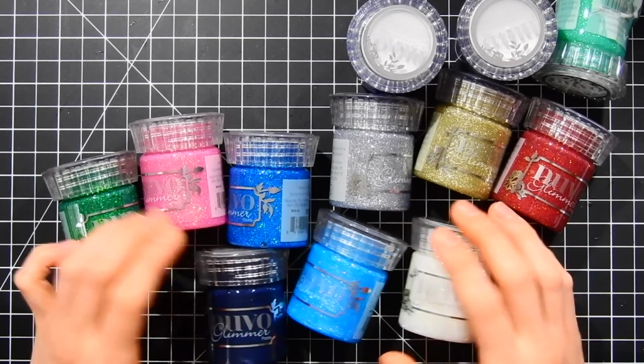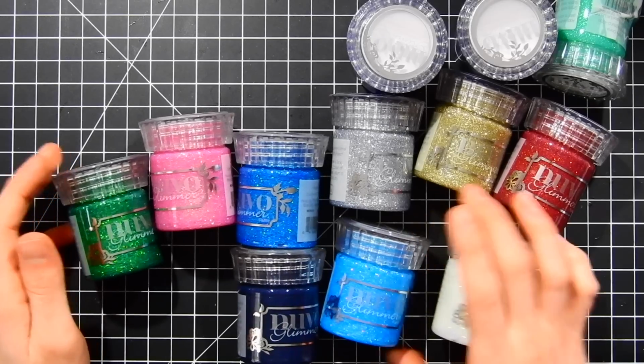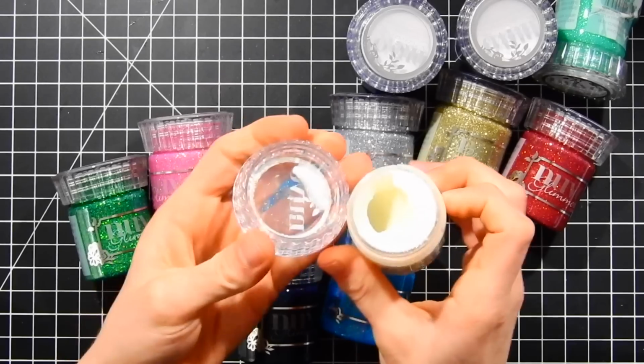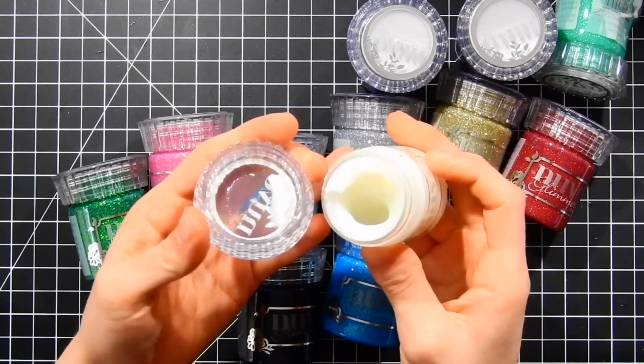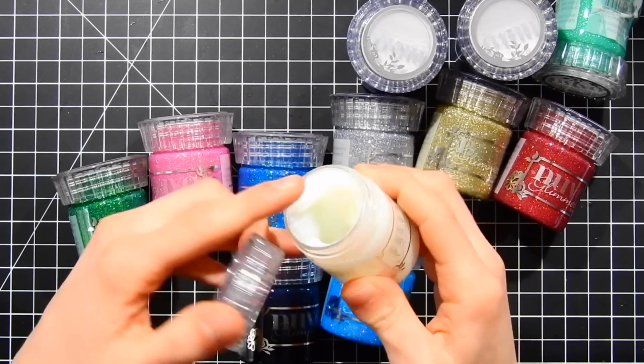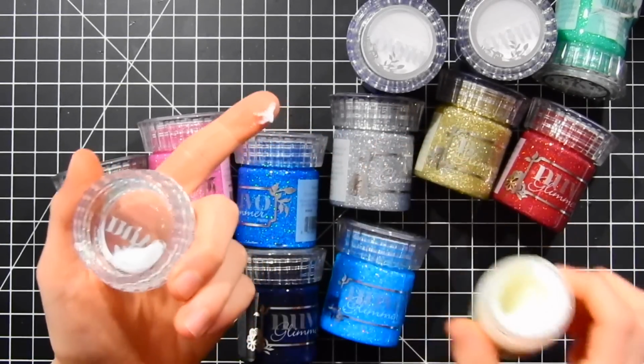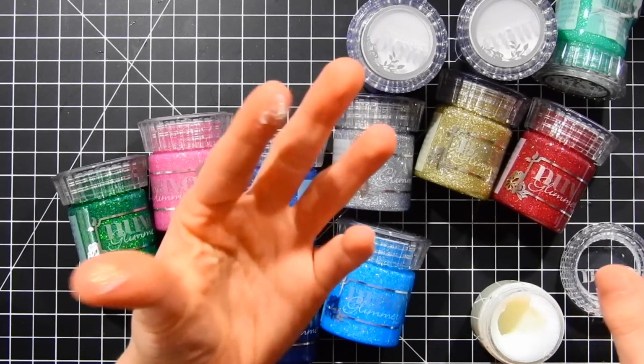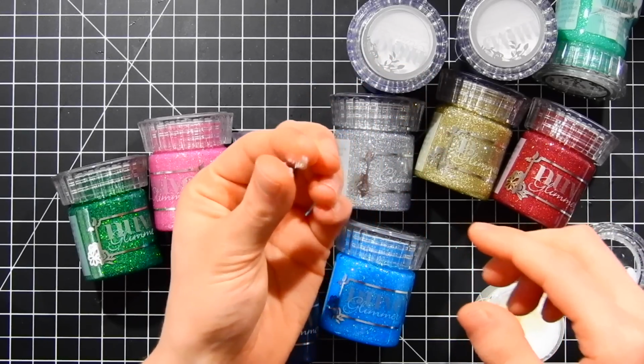Now, one look at the Glimmer Paste and you know immediately these are full of glitter. I absolutely love how stunningly beautiful and shimmery these glitter pastes are. You can see that the glitter paste has a very textured consistency. As I pick these glitter pastes up with my finger, you'll definitely feel the gritty texture of the glitter that's